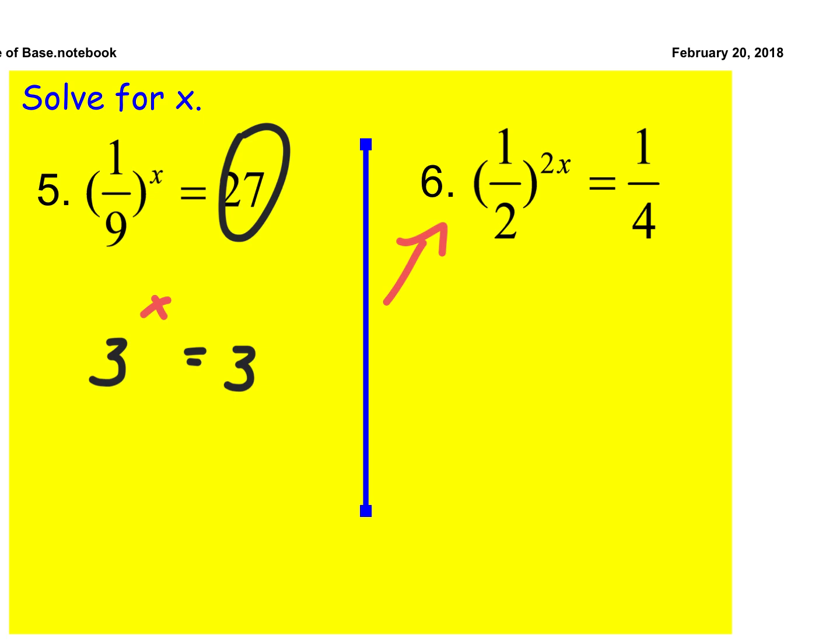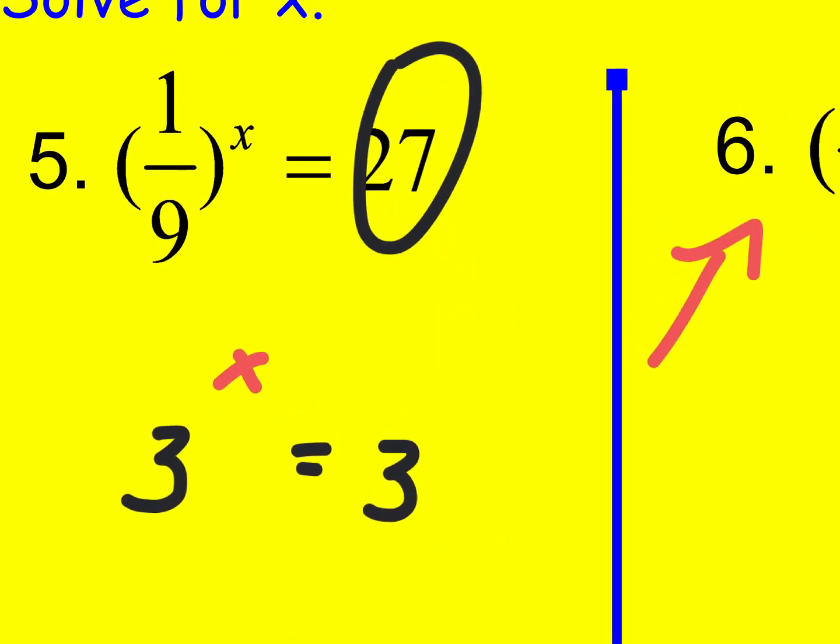Other people have barely started, so give them time. Ask them, are you ready yet, before you share your answers. Don't just be like, did you get 6 and 5? Wait till they're done. So Anna, can you tell me on this problem 5, you changed them both to have